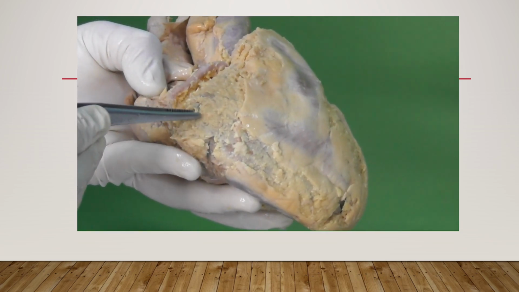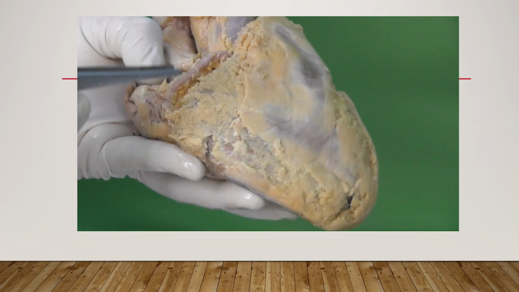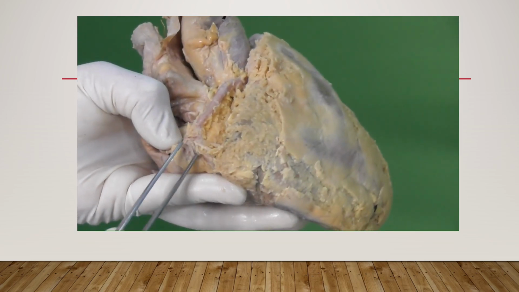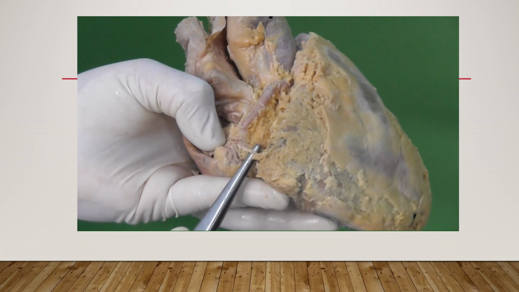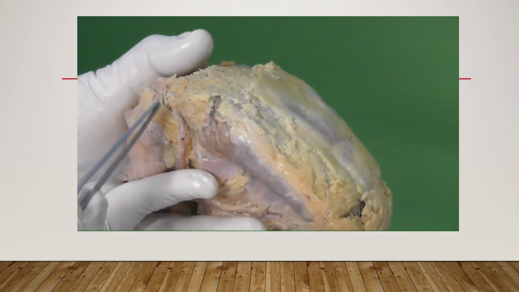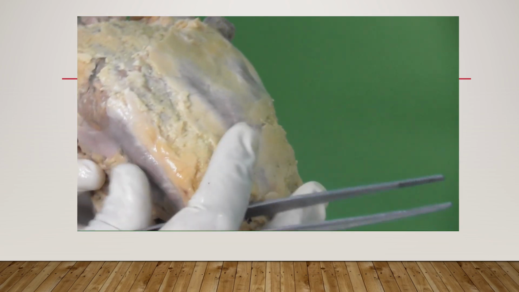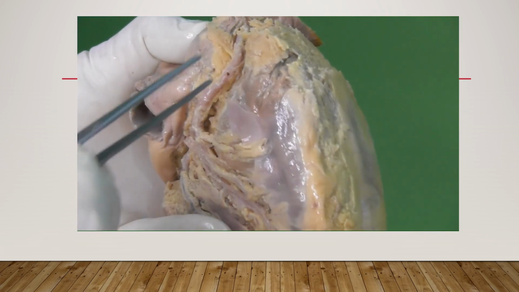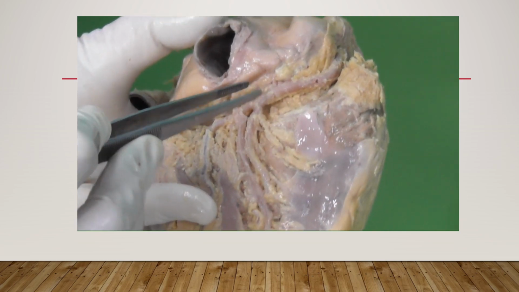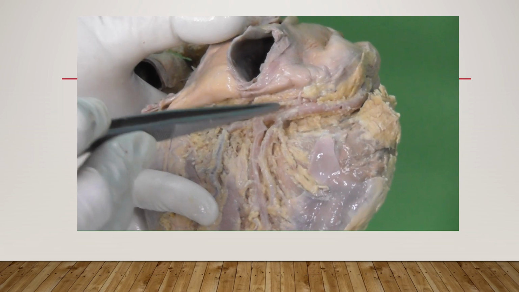Before it reaches the inferior border, it gives the SA nodal branch, and it also gives small branches to the right atrium. Here we can appreciate the small branch which is going to the atrium. Then it turns on the inferior border and gives a marginal branch, the right marginal artery. After that, we are going to trace the right coronary artery in the atrioventricular sulcus. Here is the right coronary artery which is seen on the posterior aspect or the base.